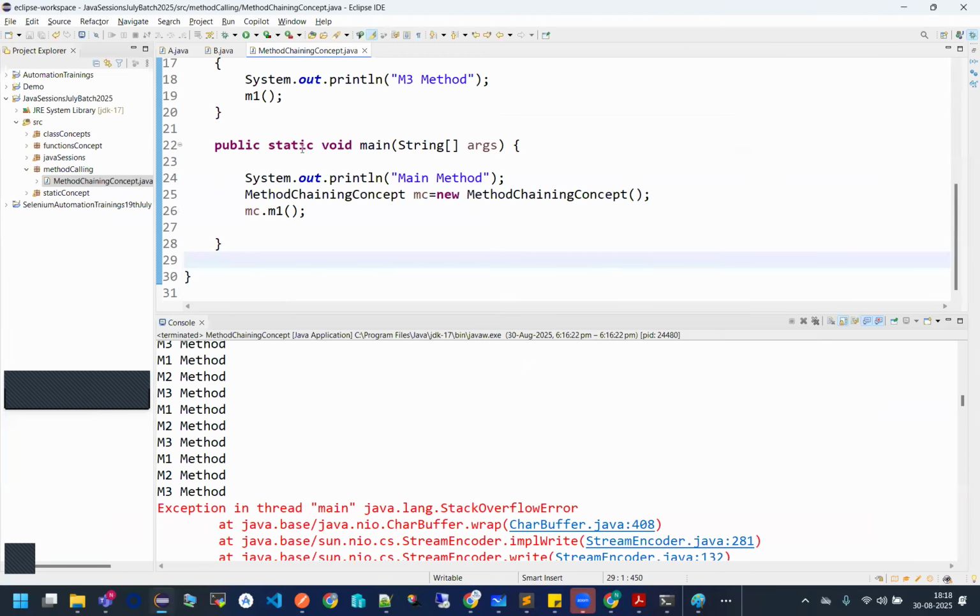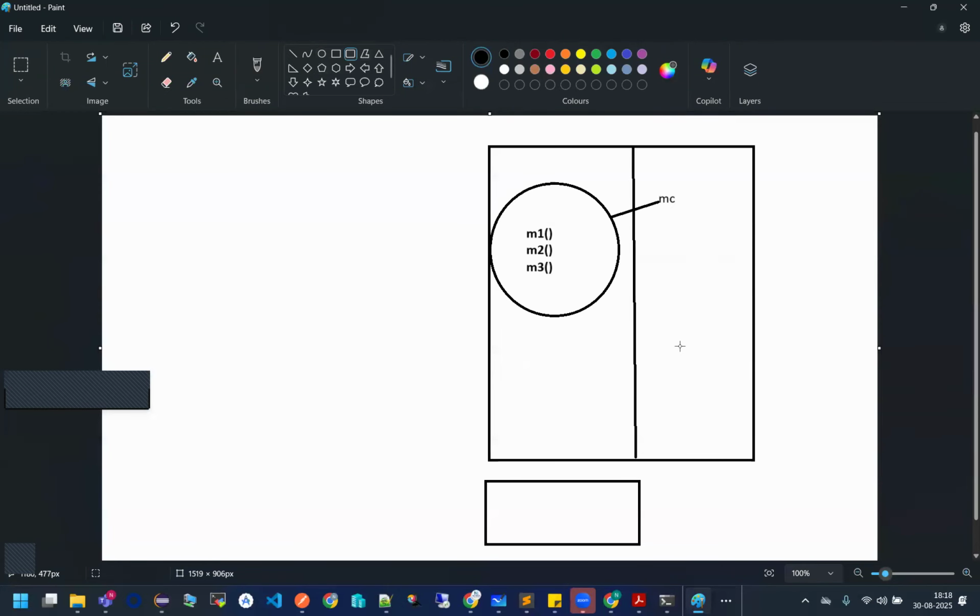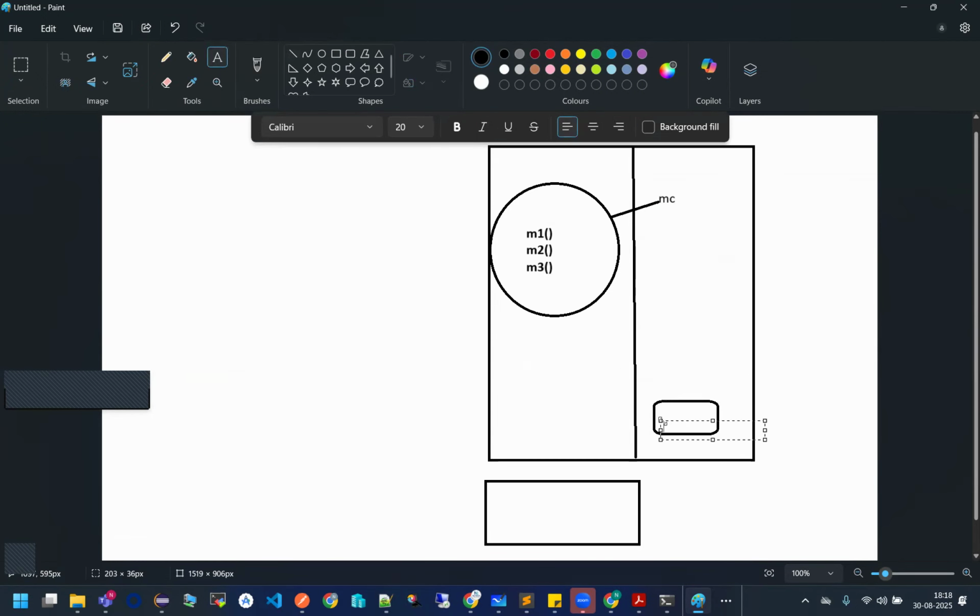How? First of all, JVM will call directly this main method. So what will happen? A stack will be created like this. This is a stack. Inside this stack, it consists of my main method. So as soon as JVM is calling this,